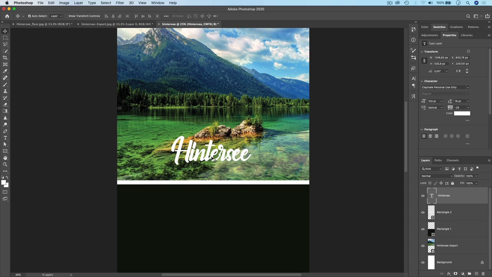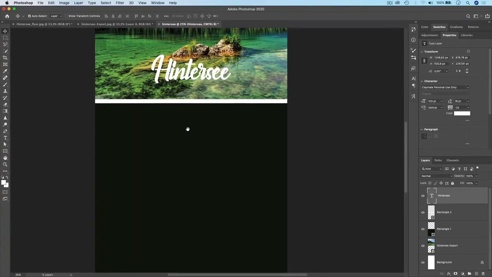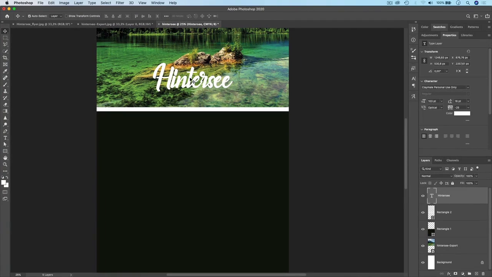Later we will add some, how do we call that, some effects to this. Okay, move this and make sure that it's really centered like this. Okay, fine. Now let's add another